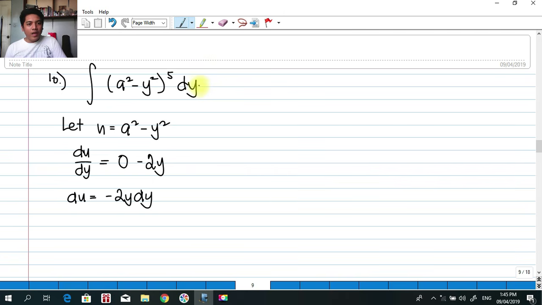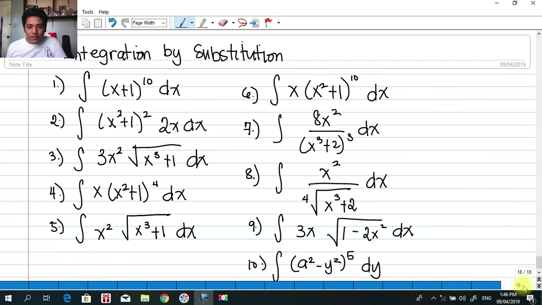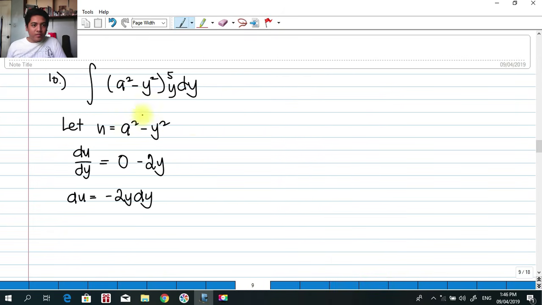So again, we don't have any... or wait. So my mistake, we should have y here, okay, according to our given. Going back, we will be having this again, the integral of a squared minus y squared raised to 5 y dy. So as we can see here, we can replace this as, so our du is negative 2y dy,